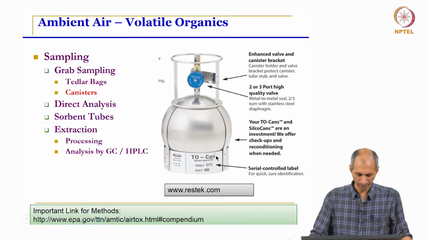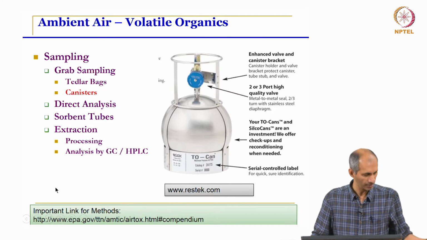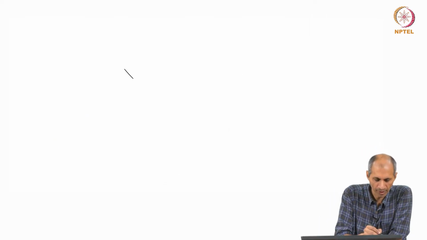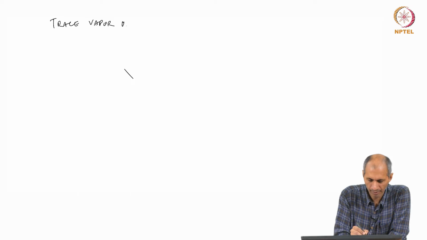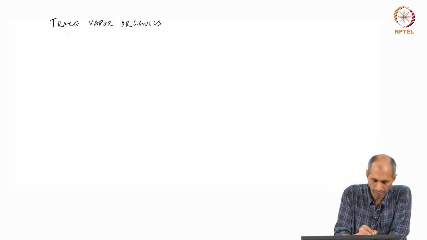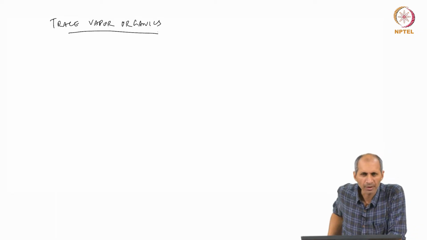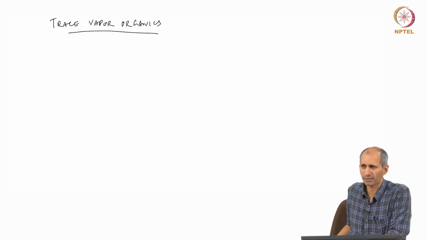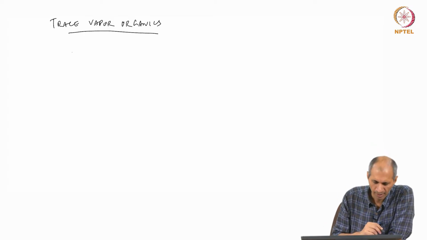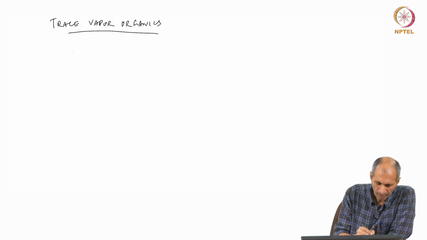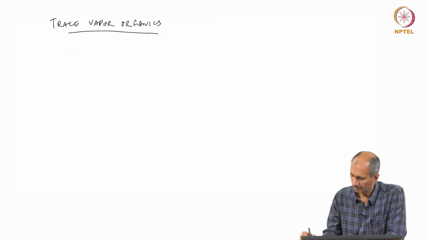The alternative to grab sampling is used for trace vapor organics. You have to accumulate, because there is not enough material to directly analyze from a grab sample. So, you have to collect enough material and then go to this. What is generally done is the